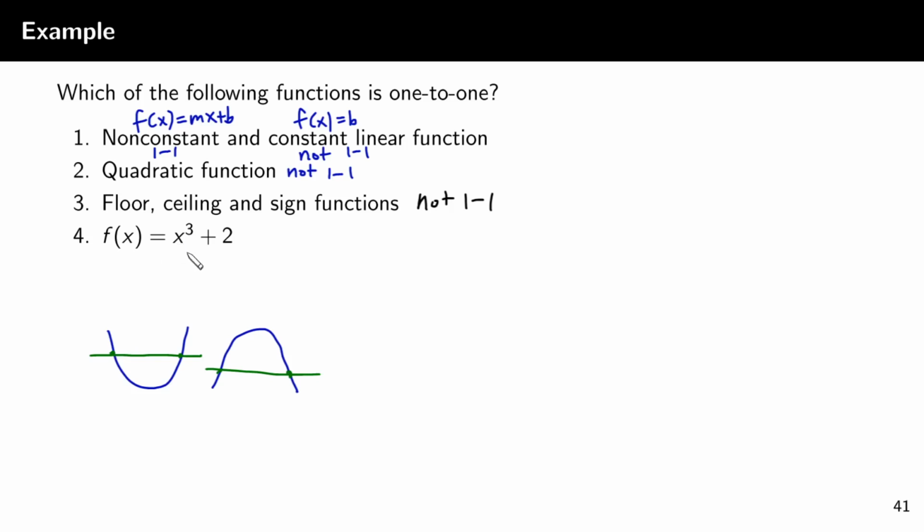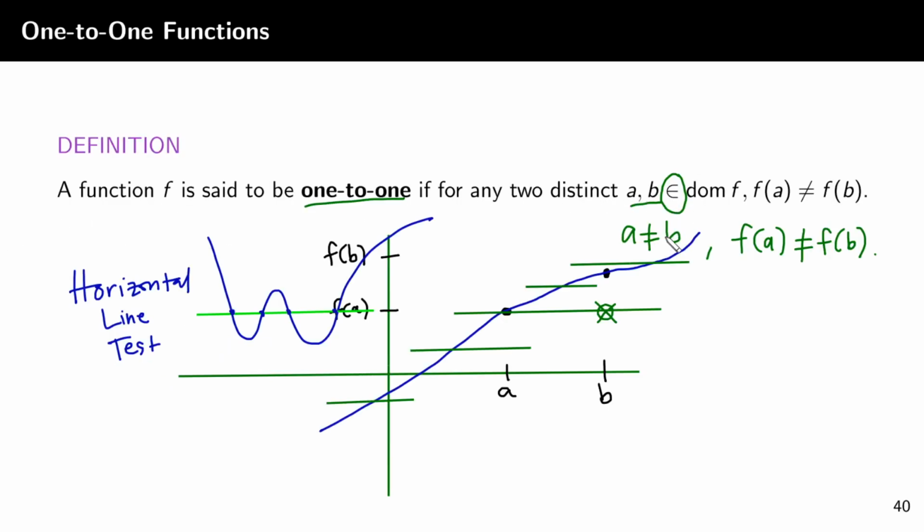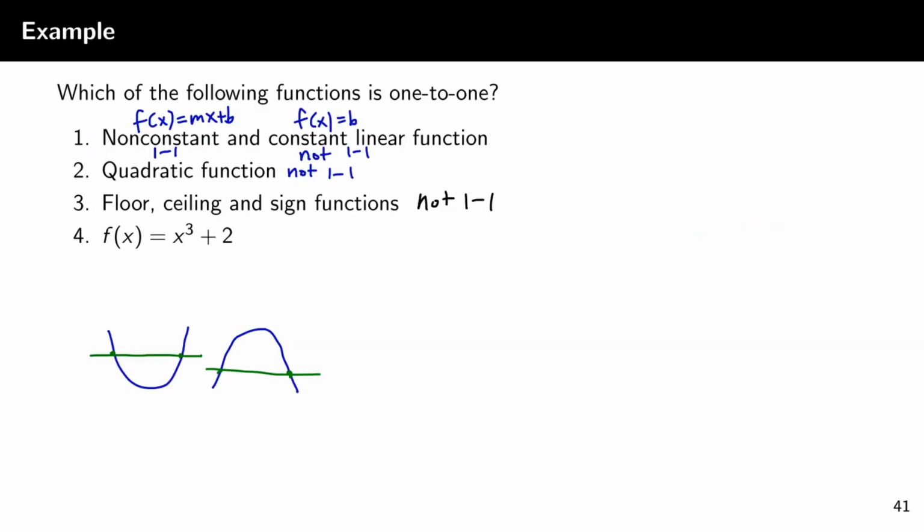Natingnan naman natin itong f of x equals x cubed plus 2. Okay. So suppose hindi natin alam yung graph niya. How do we verify kung 1 to 1 siya or hindi? Okay. So ito yung condition for 1 to 1. Kapag hindi equal ang a and b, dapat hindi rin equal ang f of a tsaka f of b. Okay. So, to show algebraically na ang isang function which is given by some formula is not 1 to 1,